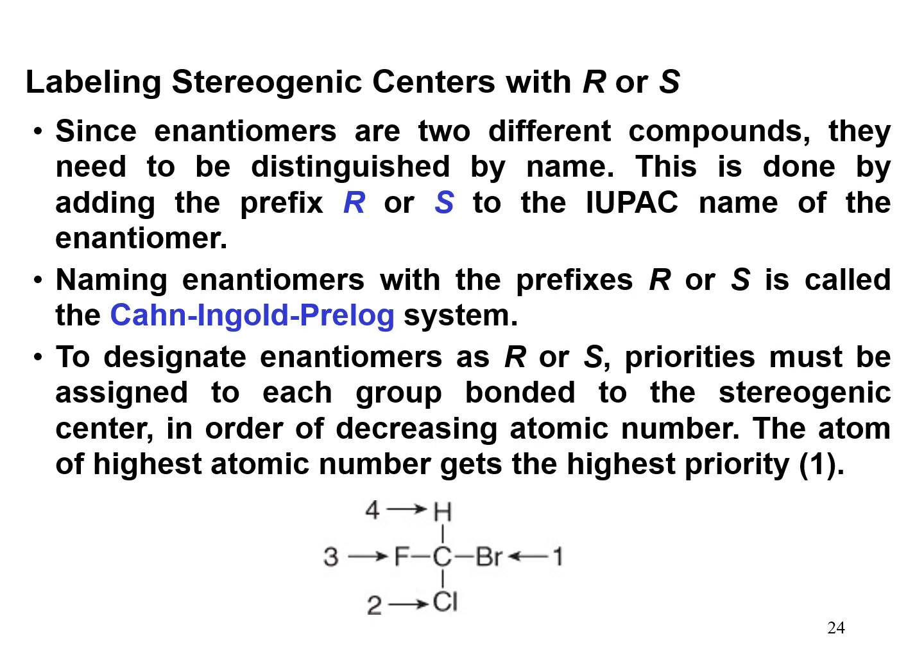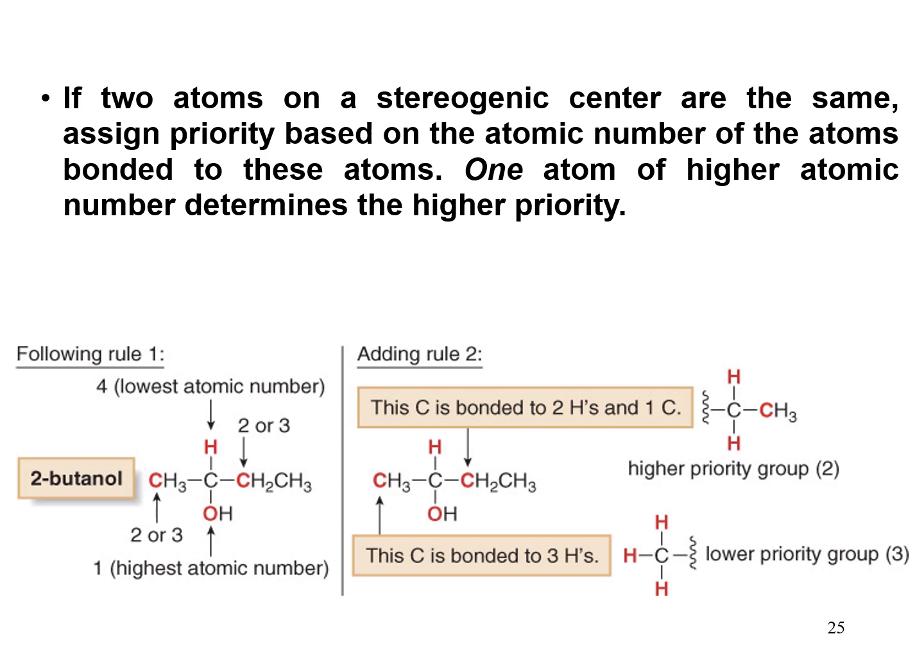The highest atomic number gets the first priority, and the least atomic number, almost always hydrogen, gets the 4th priority. Therefore, by simply using the rotation from 1 to 2, 2 to 3, 3 to 4, you have to identify whether it is R, rectus, or